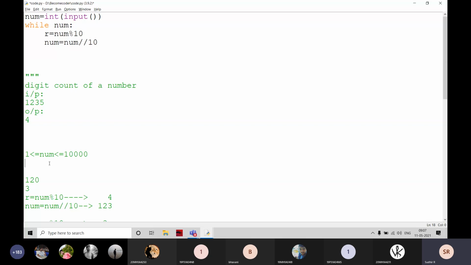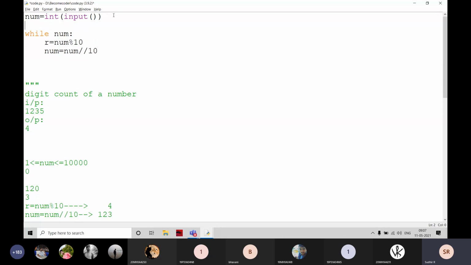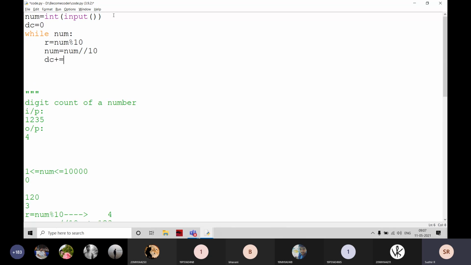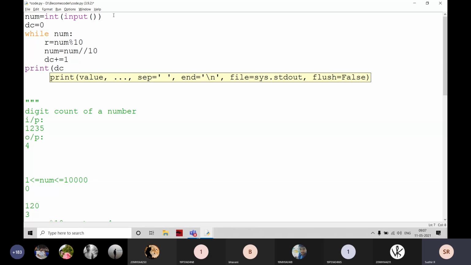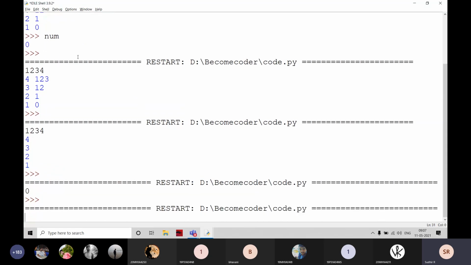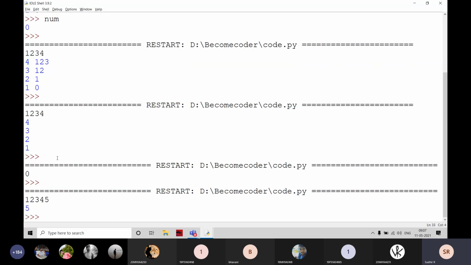If the number is going to be 0, is it a single digit or anything? If you want to print it as a single digit, you have to write like this. For example, I'm going to take the digit count equal to 0 always. Inside the loop, I'm going to write plus equal to 1, and I'm going to print DC here. If I execute and give 12345, it is going to print 5, no doubt about that.